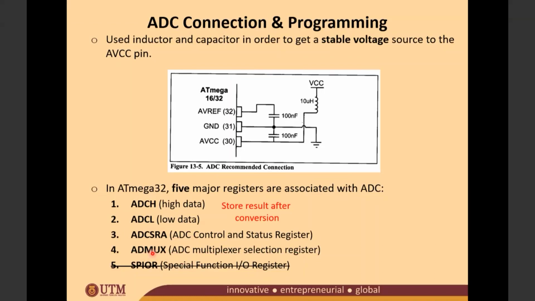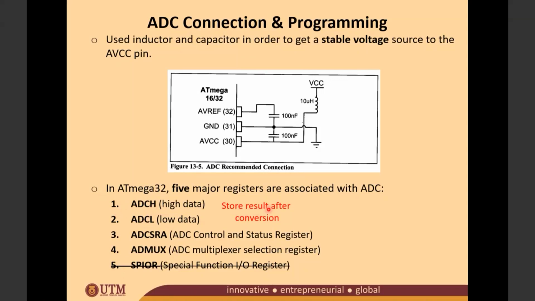and the ADLAR. This ADLAR is used to decide how to store the data inside ADCH and ADCL, either left justified or right justified. Why do we need to do the settings on the ADLAR? Either left justified or right justified, because when you combine ADCH and ADCL, the number of bits is 16 bits. But for the ATmega32 ADC, you only need 10 bits. So you need to make sure you store the value inside ADCH and ADCL by using